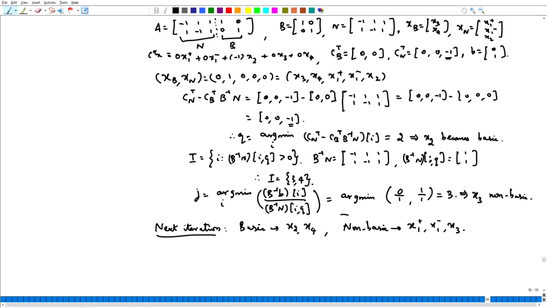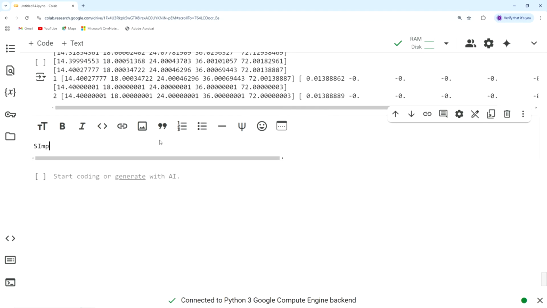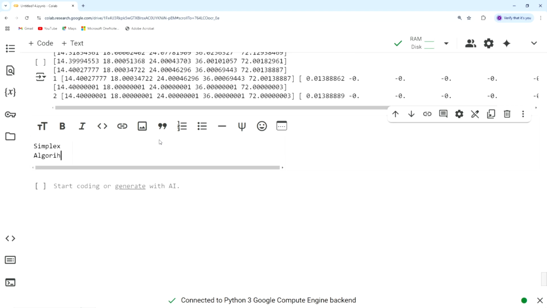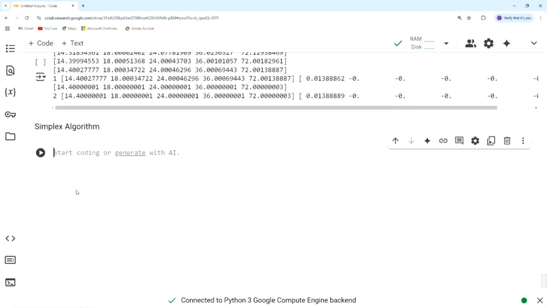So, let us actually continue this using a Python code, okay. I mean we will use this example initially and then go to the other examples later, okay. But this is to give you an idea of a particular iteration, okay. Fine, let us go ahead to code, okay. Simplex algorithm. We can start by importing numpy,